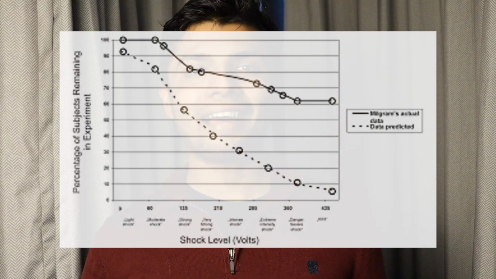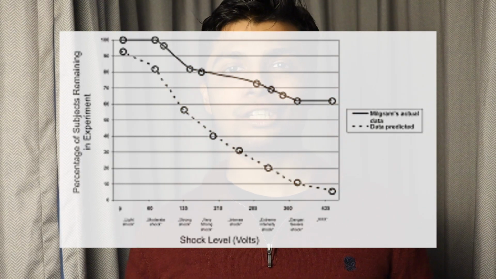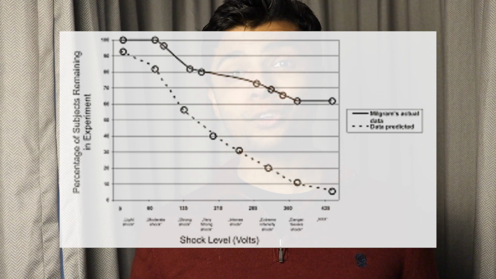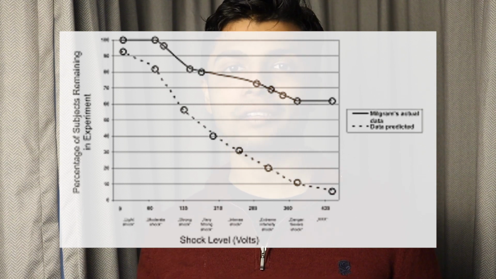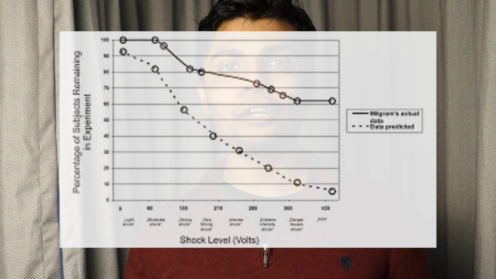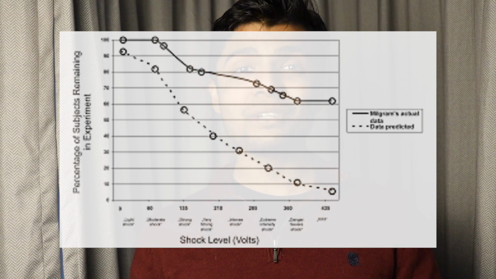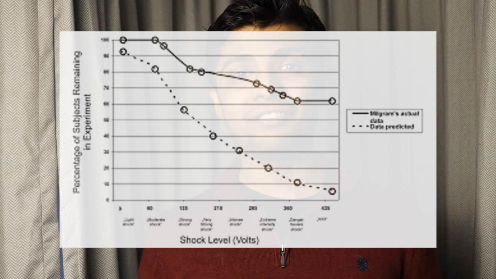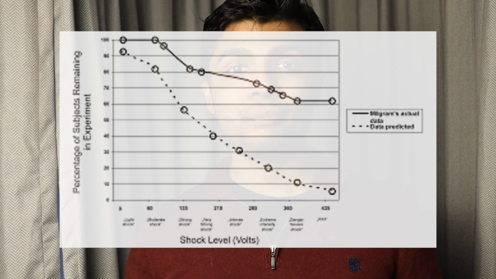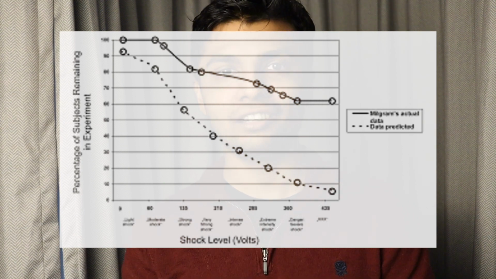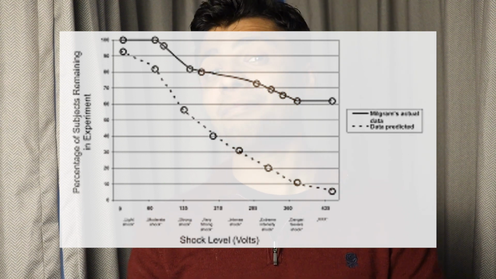What happened in reality? The dotted line is the experimenter's prediction, which is that the more the shocks grew, the more people would back out from the experiment. But sadly, the more solid black line is what happened. A fair majority of people, more than 65 or so percent, actually administered lethal electric shocks to the learner. They were madly in distress, as seen in many of the clips of the experiment.